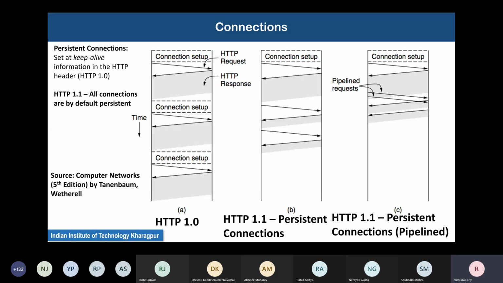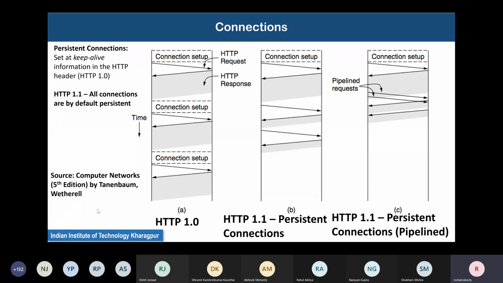In computer networks, timing diagrams usually show the time axis vertically going from top to bottom. This is peculiar, and you have to get used to it, because this is how all textbooks and papers describe events. This is quite unusual. In other subjects, you probably expect the time axis to be horizontal, not here. So this diagram is not wrong. This is how it will be represented. When you have to answer questions or analyze some connections, you will also need to draw similar timing diagrams with a vertical time axis.